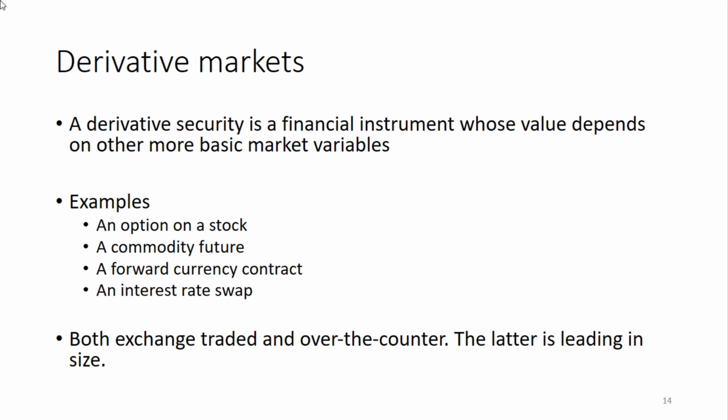Then a third example, a forward currency swap. A forward contract is also a derivative security because there is the currency underlying the contract, and the price of the currency or the value of the currency to a large extent determines the price of the forward contract. So if there are changes in the underlying currency value, then that has an impact on the price of the forward contract. So the forward price is derived from the value of the underlying currency.